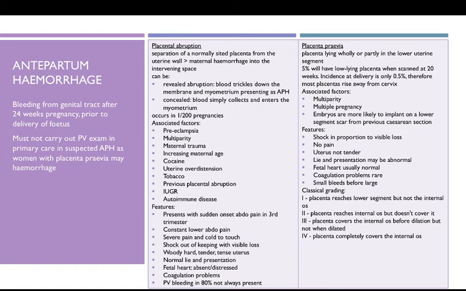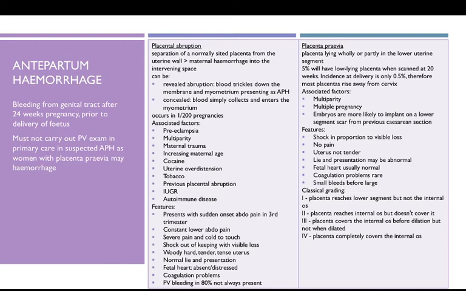They may present with a woody, hard, tense, tender uterus. Usually they have a normal lie and presentation, and the CTG may show a distressed fetal heart, may show fetal distress, and they may have coagulation problems. So PV bleeding, so vaginal bleeding, is not always present